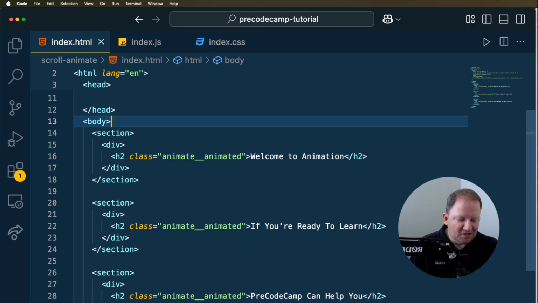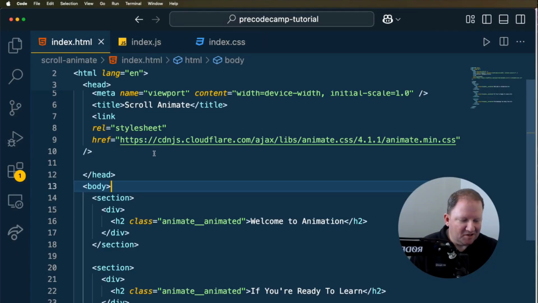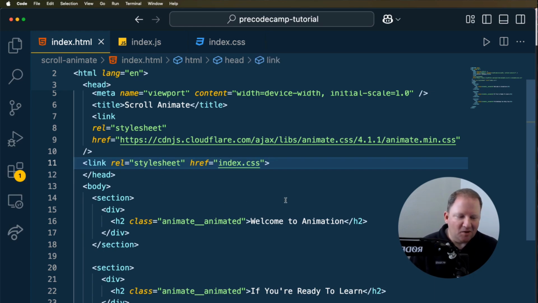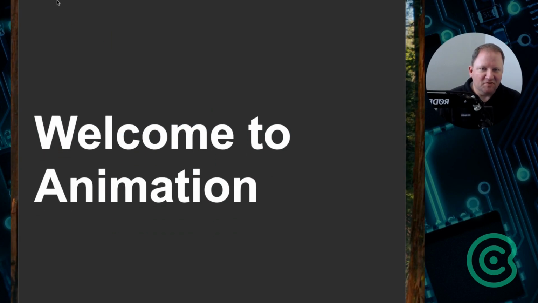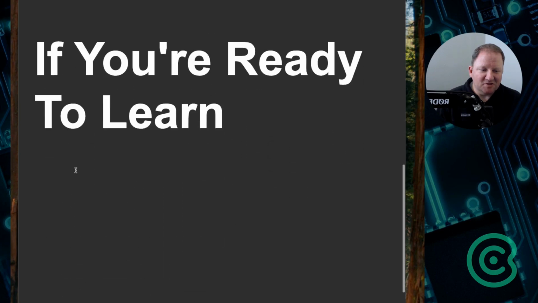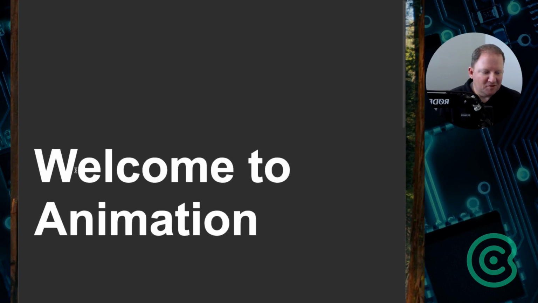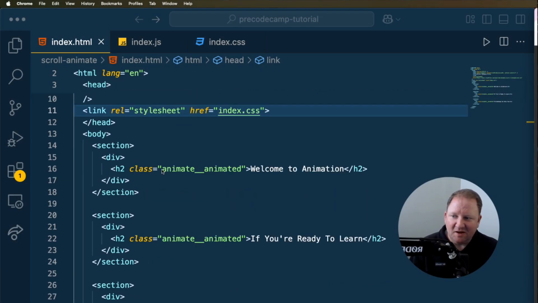And if we take a look here on the web page itself, we're going to notice that none of our styling is taking effect. And that is because if we go back to the code here, all we need to do is link it. And so now the styling is there. So if I were to refresh, I don't see any of the animation quite yet. And that's because if you remember from our code, we only have half of the class spelled out in here,